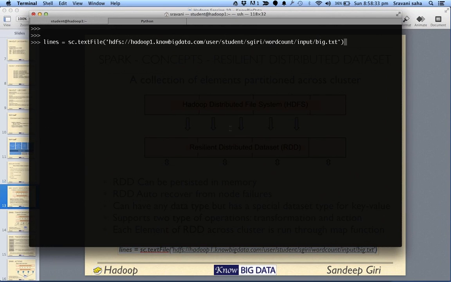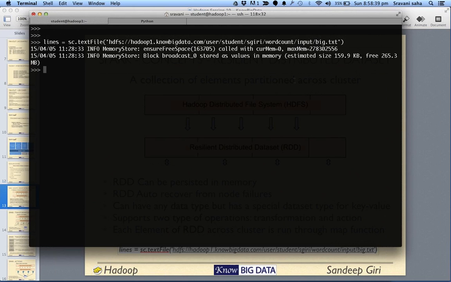So here we have told Spark to load these lines as the RDD. Now it has loaded our file from HDFS, and you can check that. The moment we run PySpark, it figured out that we are running on Hadoop and connected to it.